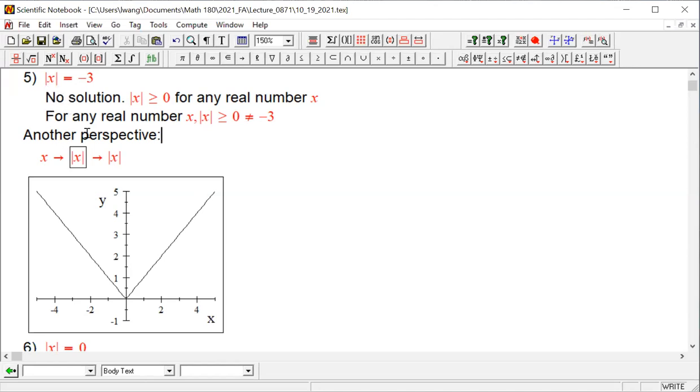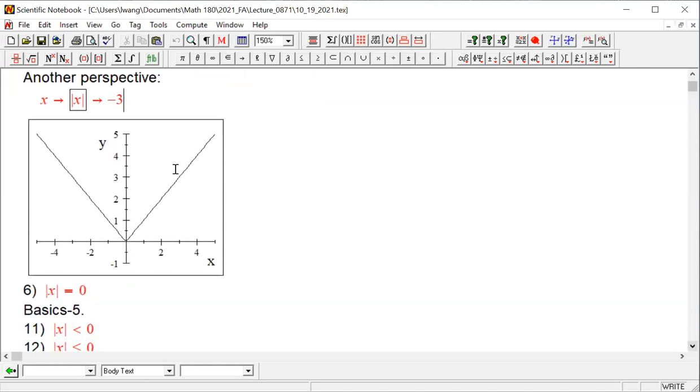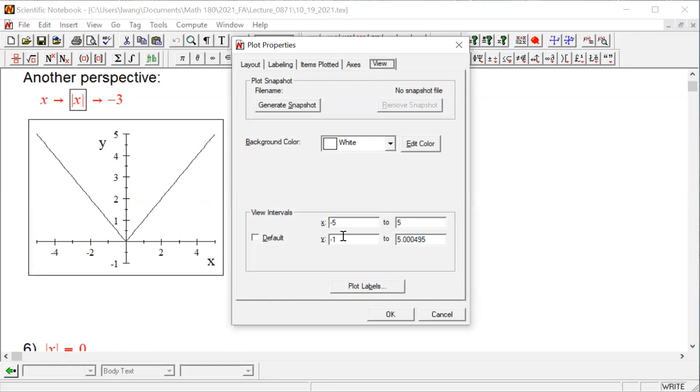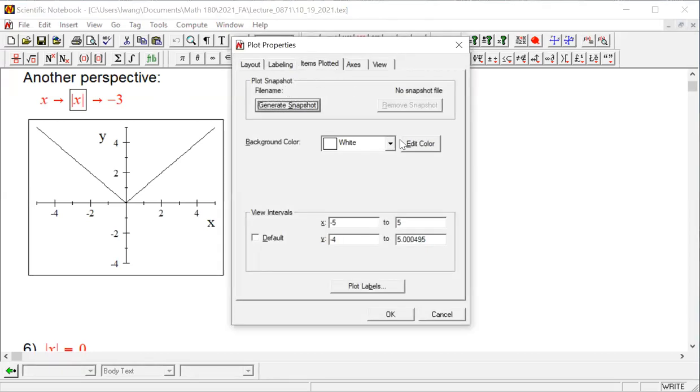I don't know what the inputs are, but I want the output to be -3. So I have the picture of the absolute value of x, and I want that output to be -3. So I'm going to draw a horizontal line,